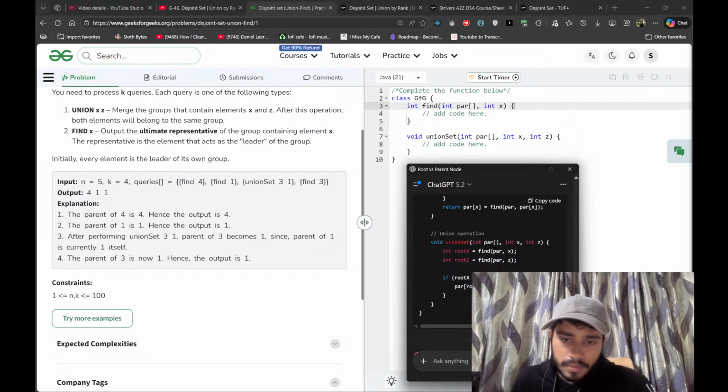If the parents are not equal, like what if it's -1, then if parent of root x is not equal to that,